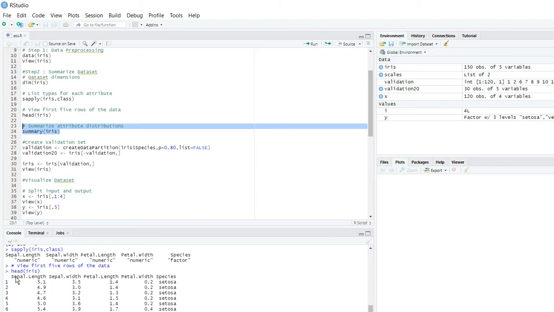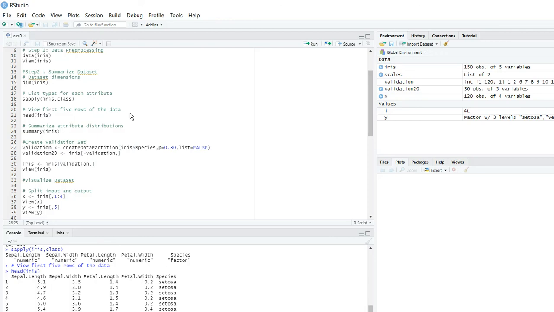It also gives the first quartile, the value between the minimum and the median, and the third quartile, the value between the median and the max. The second quartile is nothing but the median, the middle one. So for each attribute, these values will be displayed using the function called summary.